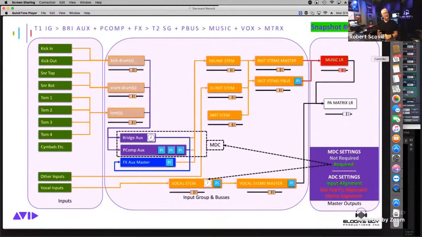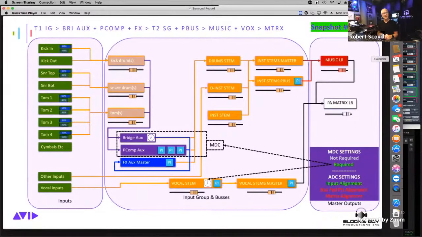The more flexibility you have, the more challenges you have. All right, let's try to wrap this up here. I was going to take this time to remind everybody, don't forget, if you want to do parallel compression and have it be New York style parallel compression and effects, you really got to want it. You have to really understand what it's going to bring to the table in terms of sound quality. But if you want to bypass a lot of this and make things much simpler for your setup, and certainly for people that are working for you,